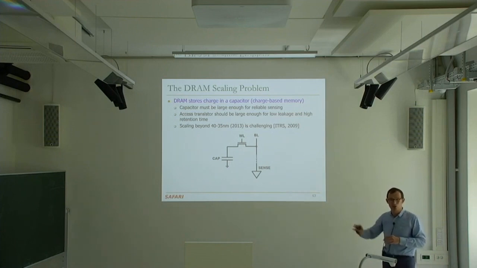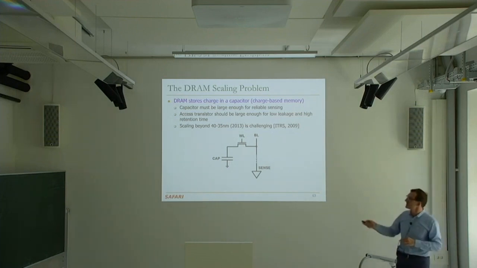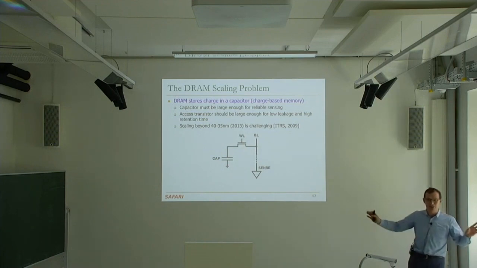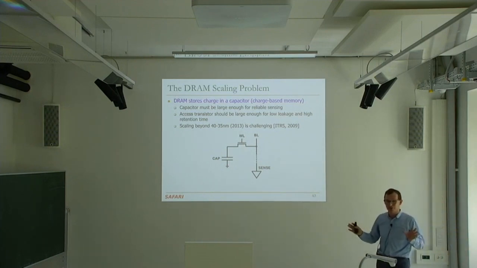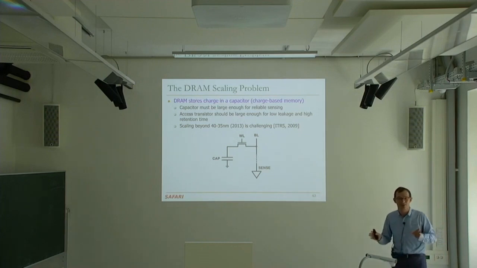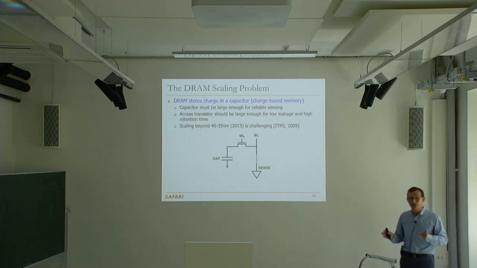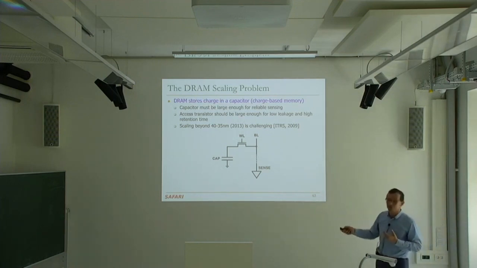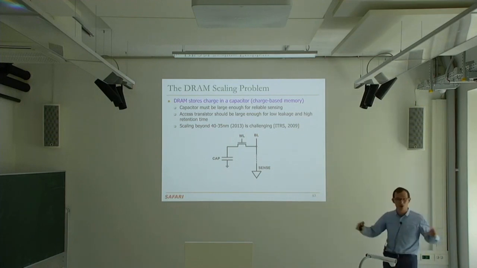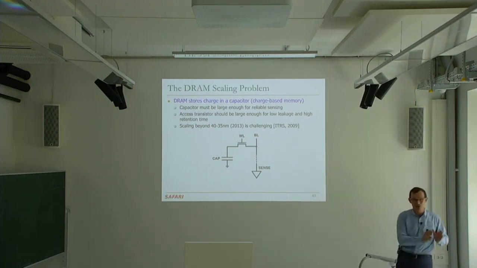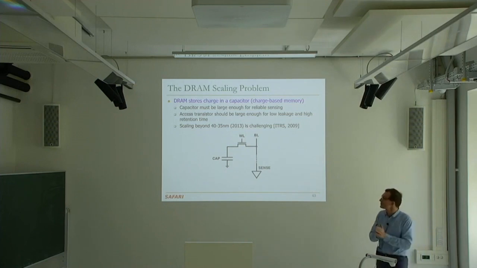Actually, we will see quantum-like effects here where the access transistor randomly becomes extremely leaky and you lose charge very quickly. And that's really one of the biggest scaling problems that manufacturers are facing today. They do not know how long this capacitor will retain charge because of these random quantum-like effects that you get into, especially at very small technology nodes.